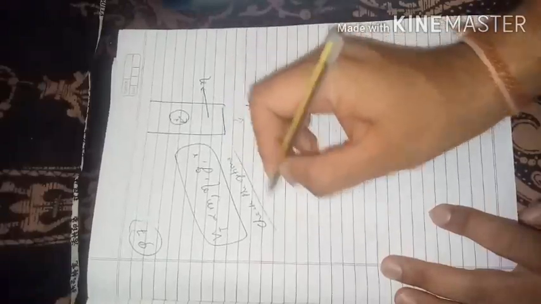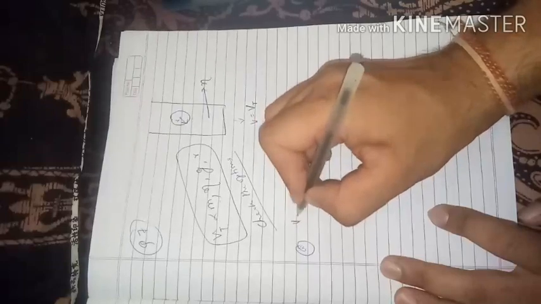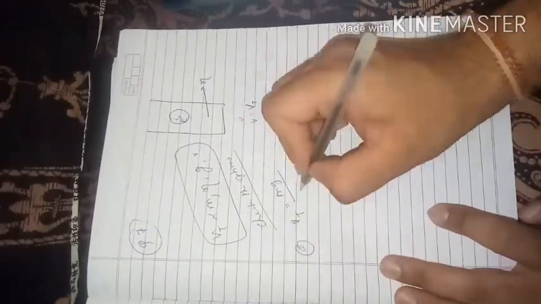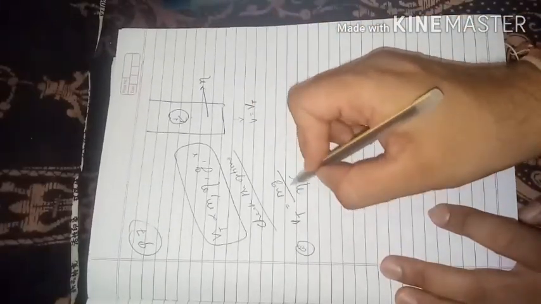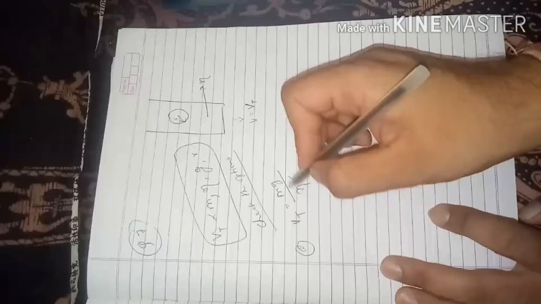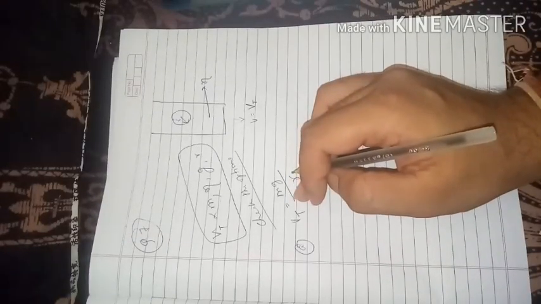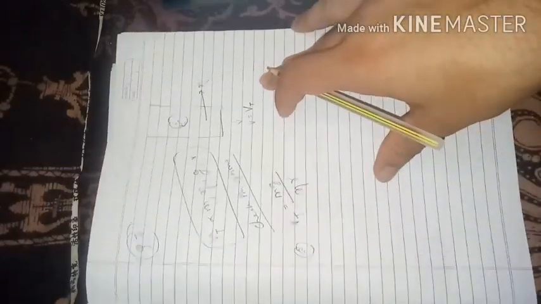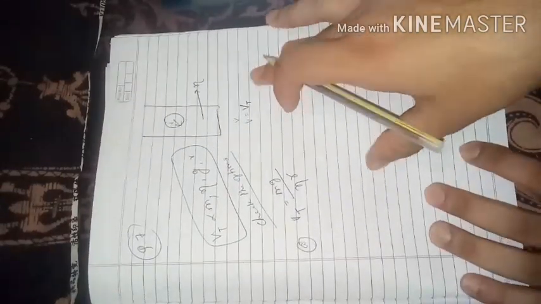So let us start with the first option. The first option is terminal velocity is equal to mg by eta r. So we'll check the LHS and RHS. We have discussed that if it is dimensionally correct, then it may be physically also correct. So we'll balance the dimensions, we'll check LHS and RHS. If they have the same dimension, then that option will be the correct option. So let us start with the first option.